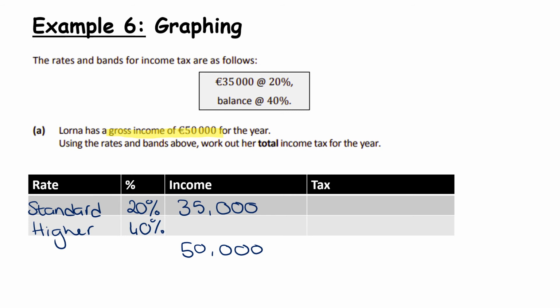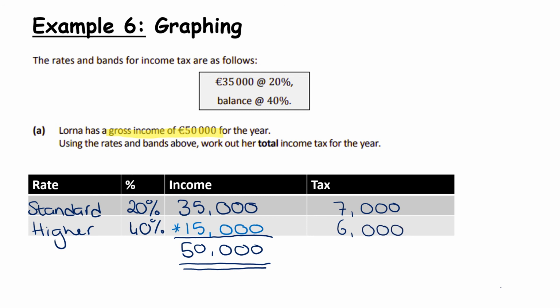Using the rates and bands above, work out her total income tax for the year. So we know the total income is 50,000. We've already accounted for 35,000. So subtracting these two numbers gives us 15,000, and that is the portion of her gross income that is charged at the higher rate of tax. So now let's get 20% of 35,000, which is 7,000 euros. So we're working across. And then 40% of 15,000, which is 6,000. And adding those together, we're getting